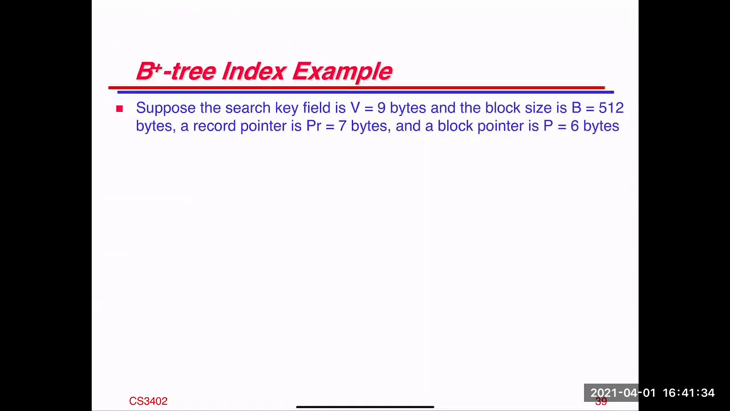Okay, so now let's look at an example of how we can compute the order for a B plus tree for the internal nodes and the leaf nodes. So let's assume that we have a search key field that takes 9 bytes. And let's assume that we have disk block sizes of 512 bytes. And the size of a record pointer is 7 bytes, and a block pointer will have 6 bytes. Okay, so with these measures in mind,